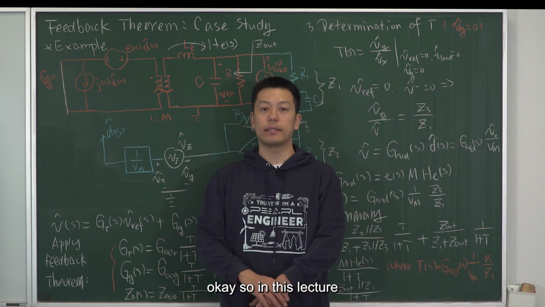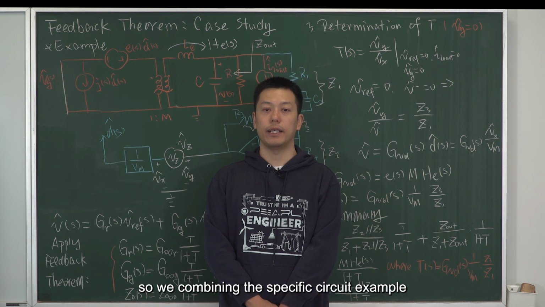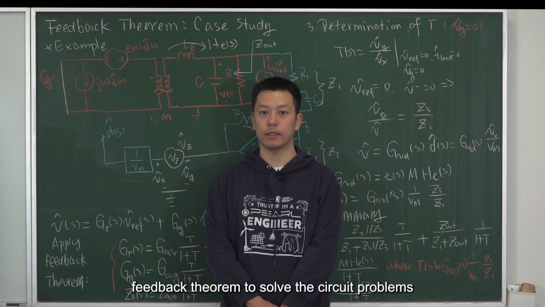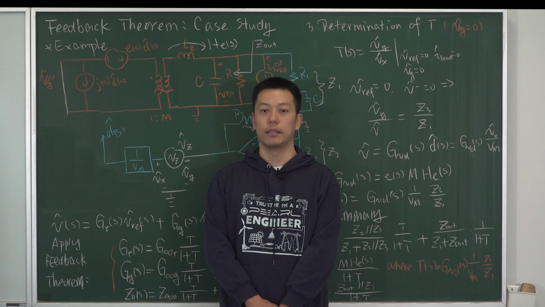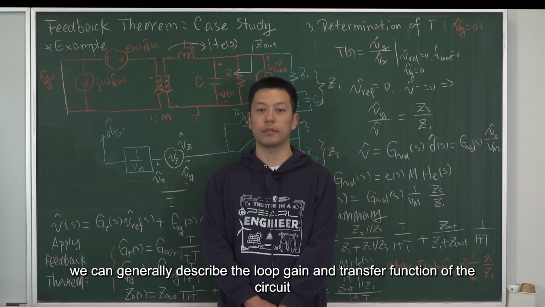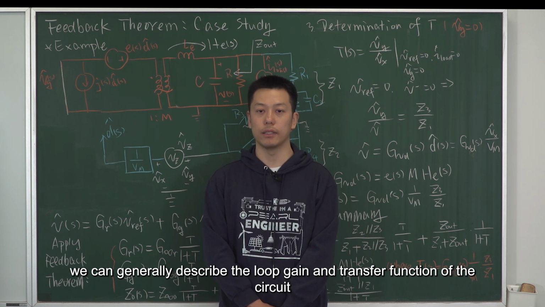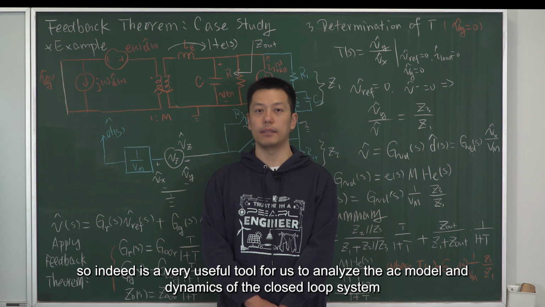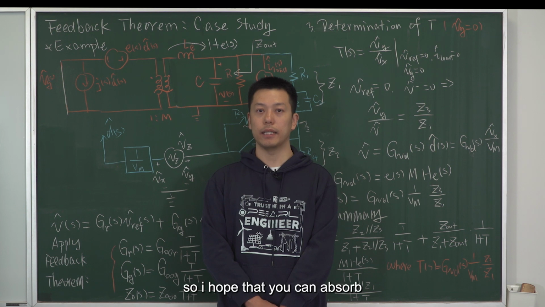Okay, so in this lecture, combining the specific circuit example, we learned how to utilize the feedback theorem to solve the circuit problems. So by using the feedback theorem, we can generally describe the loop gain and the transfer function of the circuit. So indeed, it's a very useful tool for us to analyze the AC model and dynamics of the closed loop system. So I hope that you can absorb